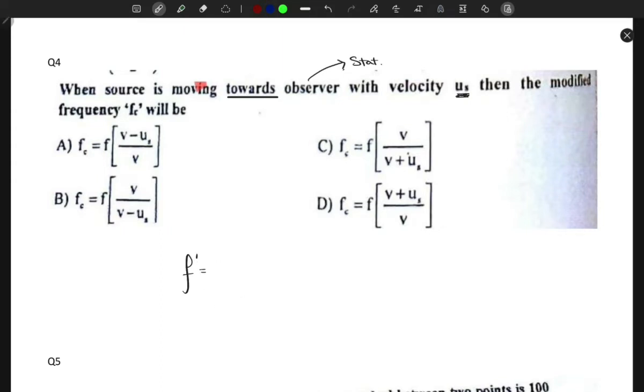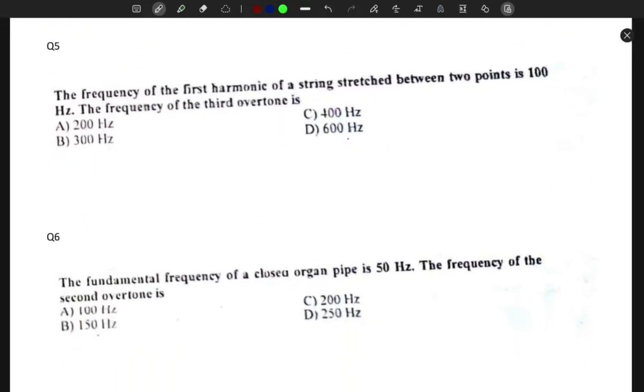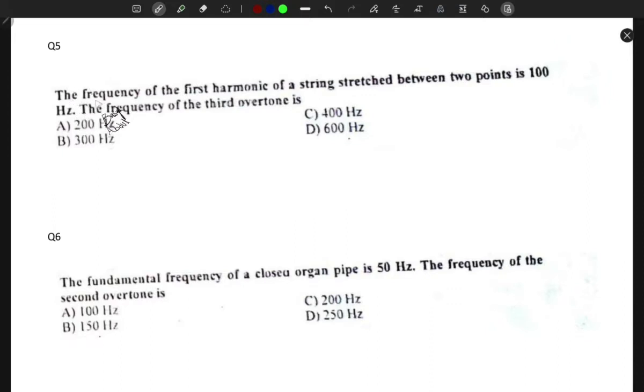So we saw that the frequency was given as f prime equals v, which is the speed of sound, divided by v minus us times the frequency of the wave originally. So this means that the correct option is this one, right? Option B, because we have v over v minus us times f, which is exactly like this. So with that, let's move on to the next question, question number 5, which reads that the frequency of the